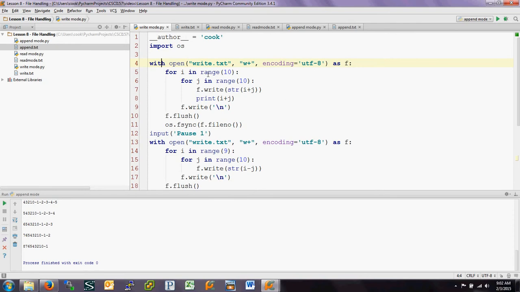Okay, so what I'm going to do is open write.txt, and I'm going to just write a bunch of numbers in here. So I've got two loops going. Range is 10, which means that the numbers are going to go from 0 to 9 in each case. And the command for writing to a file is pretty simple. Once you have the file name f,